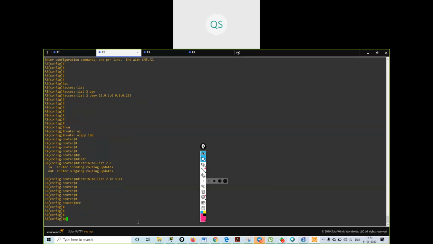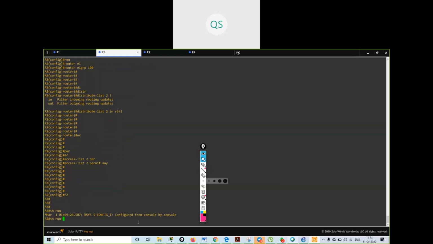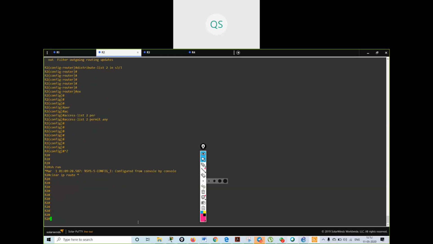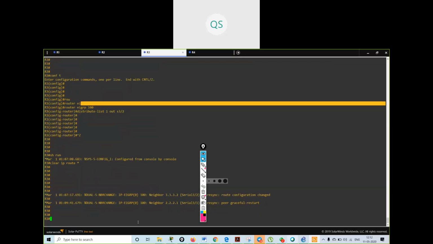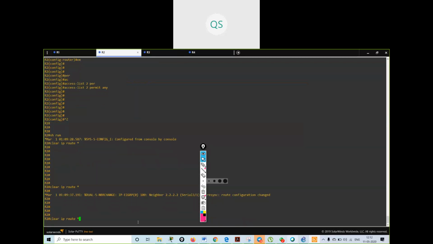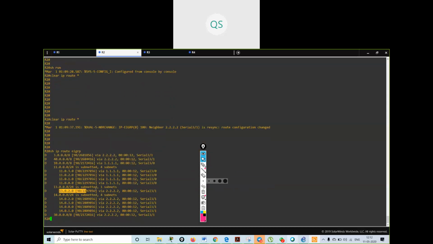I will say access list 2 permit any. I will not get the 13.0.3.0 network also now.